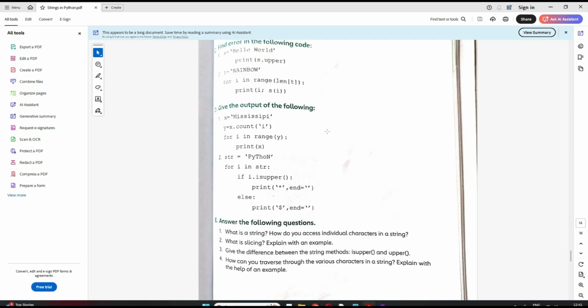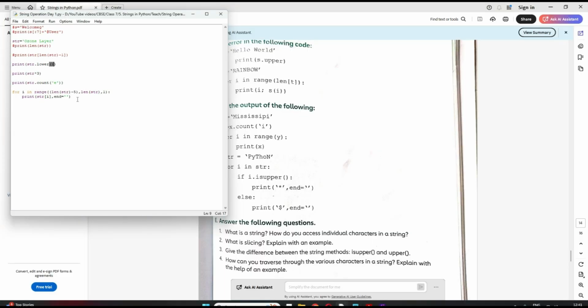Now the problem is here. It has written length t, right? t is also correct. But in the length function, do we use the third bracket, or do we use the first bracket? We use the first bracket. If you see, everywhere in length I have used the first bracket, correct? So this bracket is incorrect here.